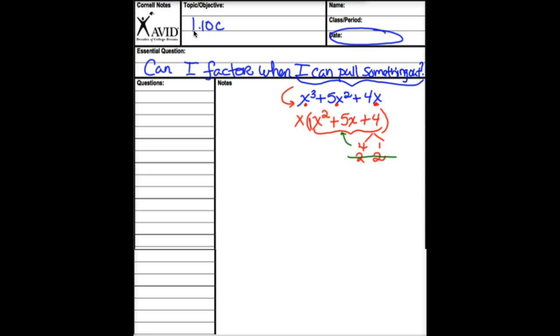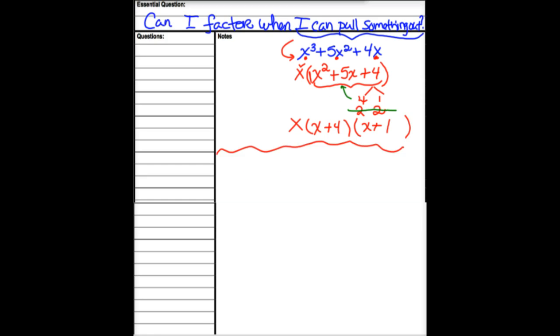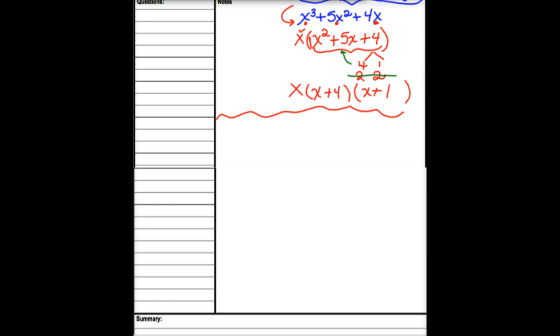to that middle term. So this one, if I broke that blue one down all the way, I have that x that I took out from the very beginning. And then the rest of it I can unfoil into an x plus 4 and an x plus 1. So that's what we are going to be doing here. I'm just going to do 3 examples with you of practicing pulling out a common term before I go any farther. So number 1,